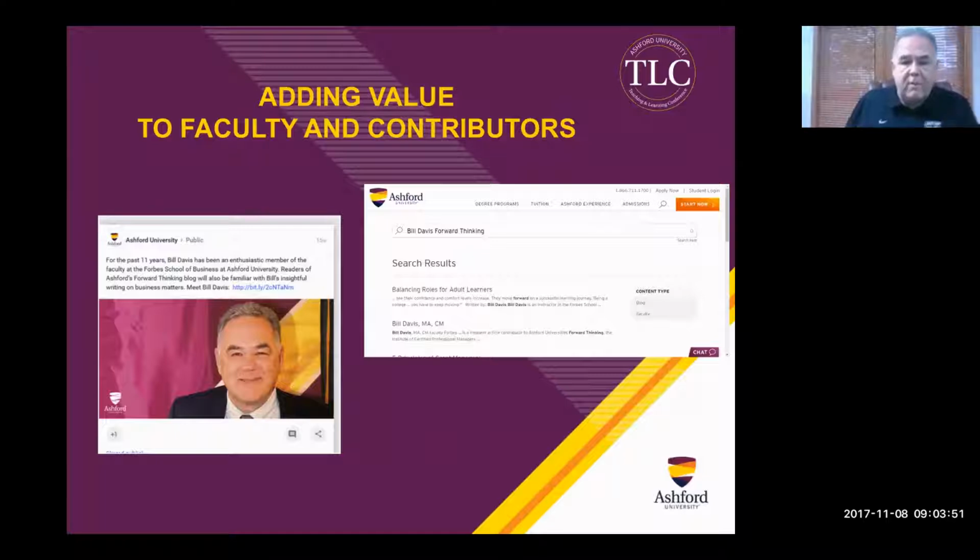They're promoting forward thinking. They're using me as a faculty member, so very much appreciate it. But again, another benefit to you as a faculty member, and what I want to say about this, builds credibility. This builds academic credibility with our students.